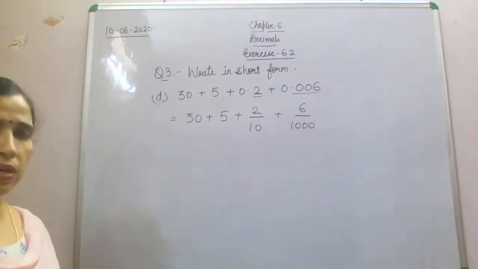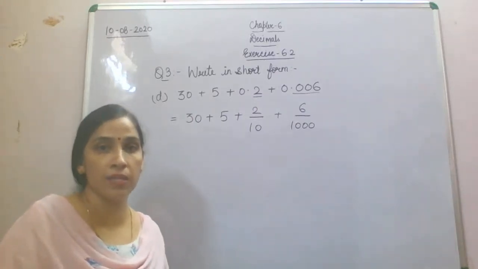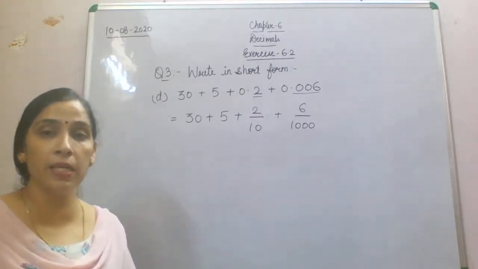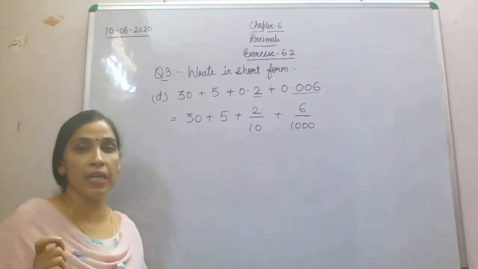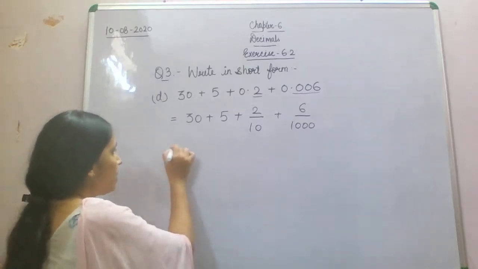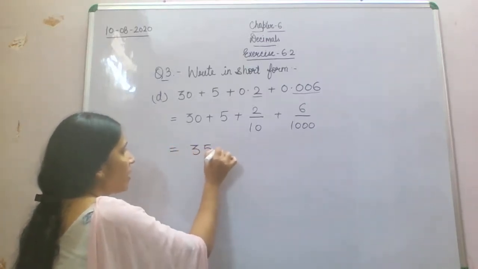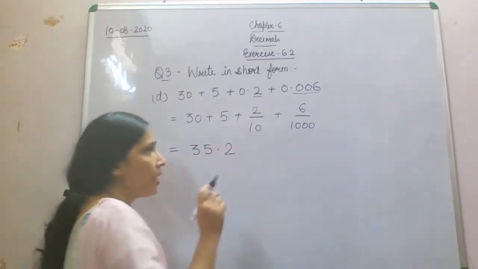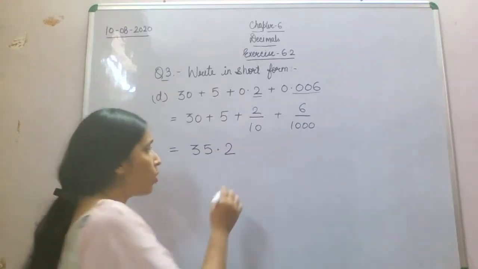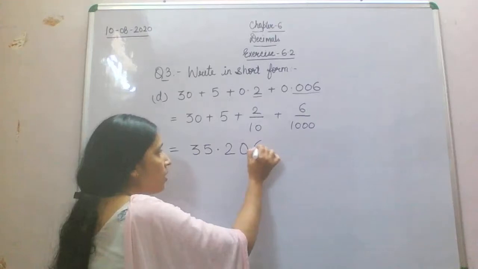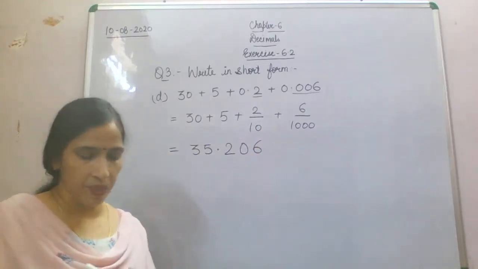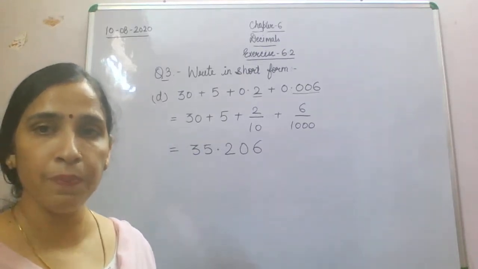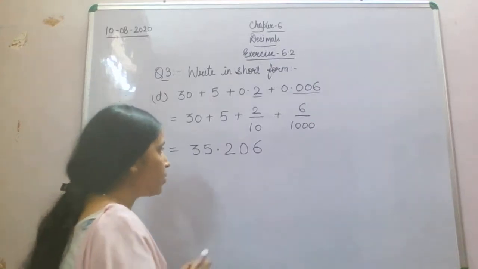You can count from the back: ones, tens, thousand, so that will become thousandths place. So here you have not been given with hundredth place. So what will come on hundredth place? You will fill that hundredth place with 0. So now 30 plus 5, what will it become? 35. Then you will put a decimal point. Then we'll write here 2. Now hundredth place we don't have. So what we will write here? 0 and then 6 on thousandths place. Fine, 6 on thousandths place. So like this you are supposed to do this question. I hope this question will be clear to you all.